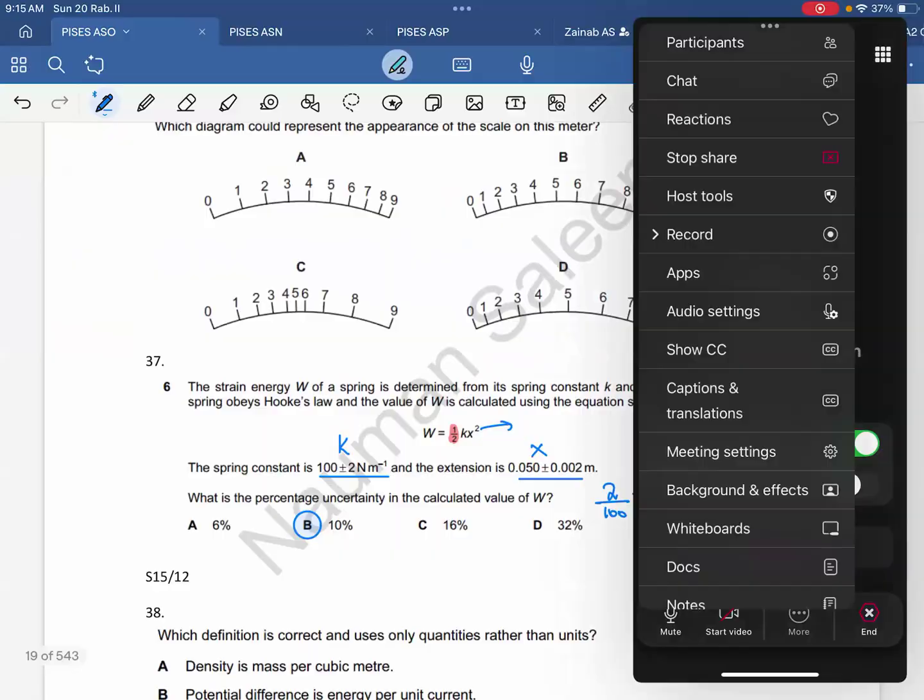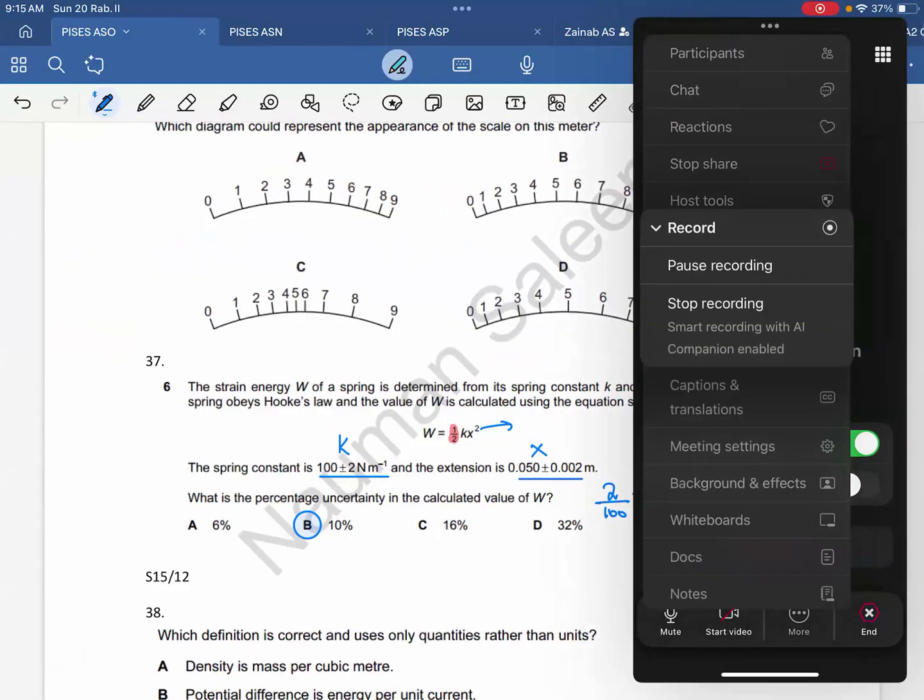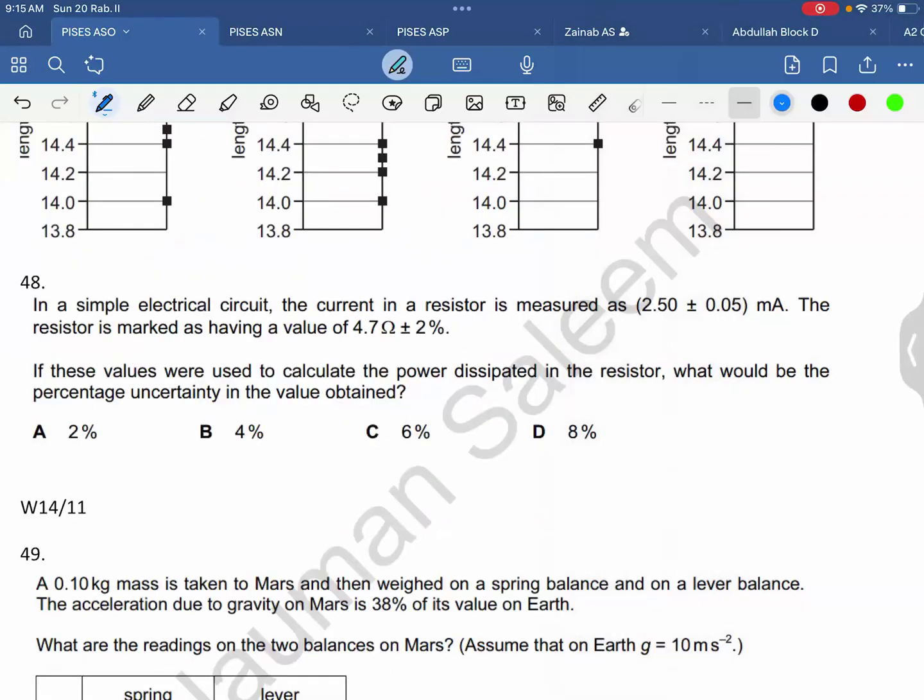This is also sort of the same type that we did before. In a simple electrical circuit, the current in a resistor is measured, and the resistor is marked as having a value. If these values were used to calculate the power dissipated in the resistor, what would be the percentage uncertainty in the value that is obtained? So we need to calculate power. We have current